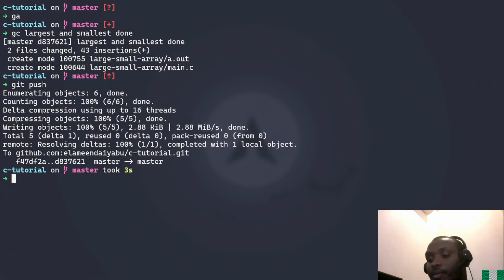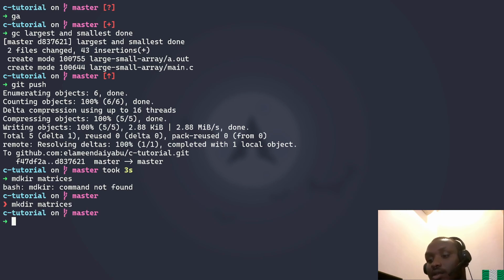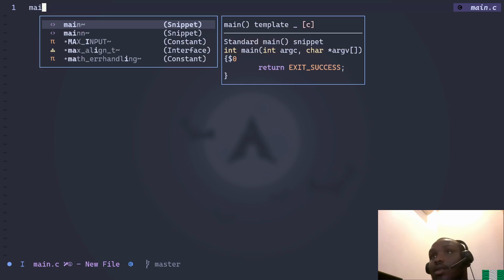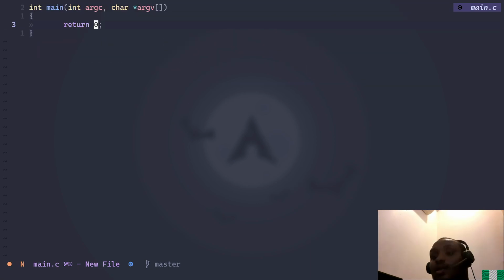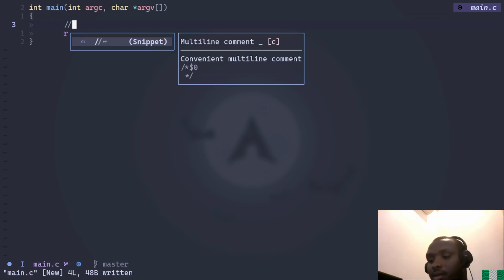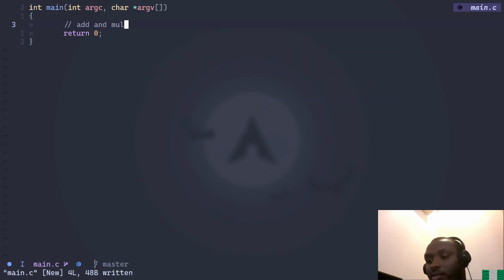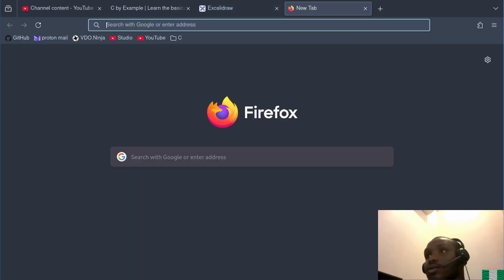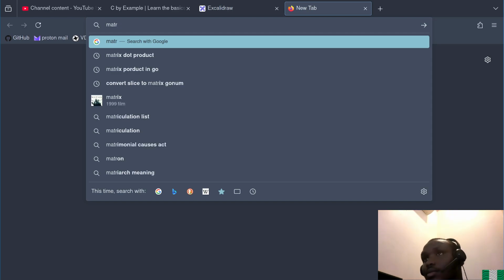So let me just go mkdir matrices, then cd matrices, nvim main.c creates my main function, then add and multiply two matrices. So I am coming. Matrices